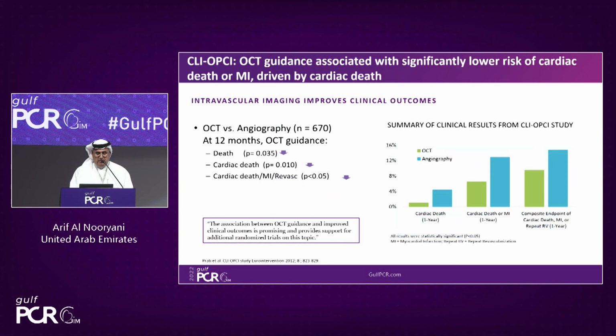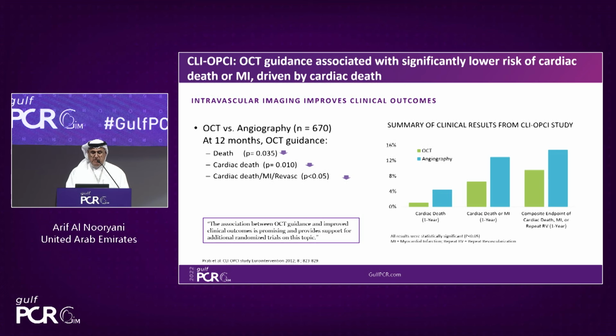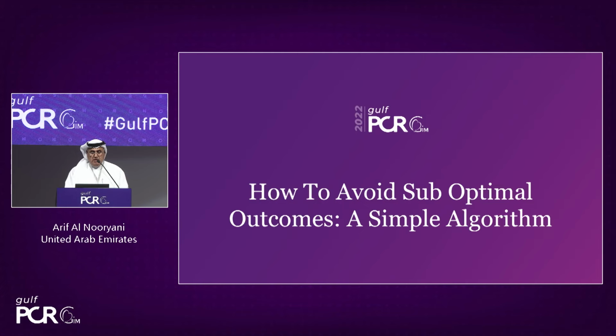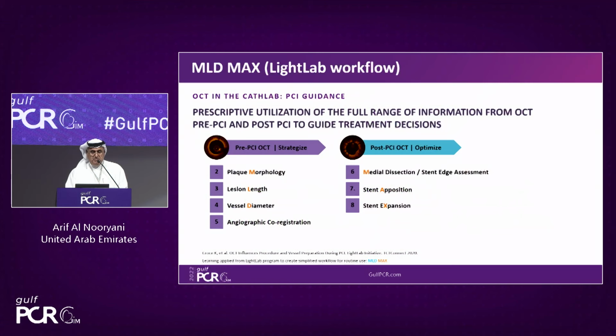Again, earlier, even in 2012, published in EuroIntervention, showed the primary endpoint reduction, which was translated into cardiac death and cardiac death or MI, with significant reduction as seen in this trial. How to avoid suboptimal outcomes? A simple algorithm was conducted in the LightLab Workflow clinical initiative